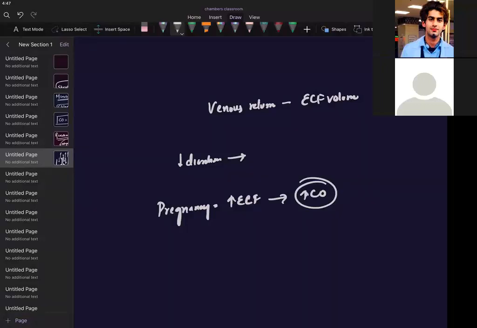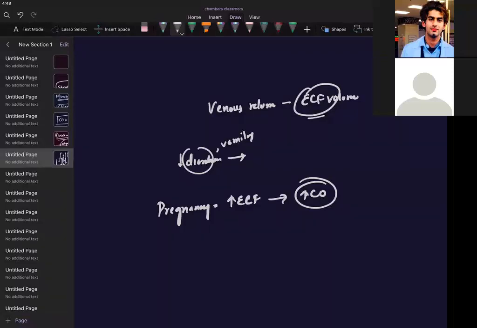In the last topics of this physiology, I wanted to correlate diarrhea or vomiting. In these cases, you will have a decreased ECF, and that will also decrease the venous return. So I told you yesterday, remember one statement only: whatever you give me, I will give you that. This is what the heart says. Whatever fluid you are giving me in the return, I will give in the cardiac output, provided my heart muscle status is normal, provided every other factor is normal, which will help me maintain that rule.